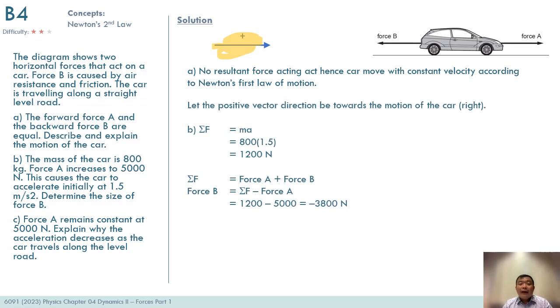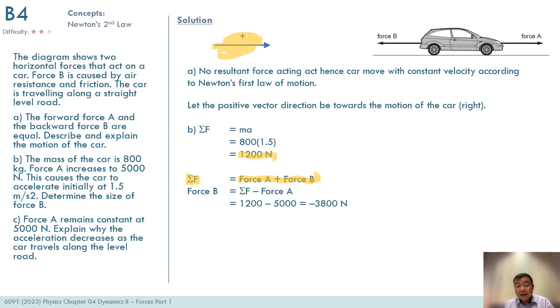So I will start by using Newton's second law, F equals ma, to calculate what is the resultant force acting on the car. The mass is given to be 800, the acceleration is given to be positive 1.5 meters per second squared. So this means that on the car itself, when I sum up all the forces here, the resultant force on the car is